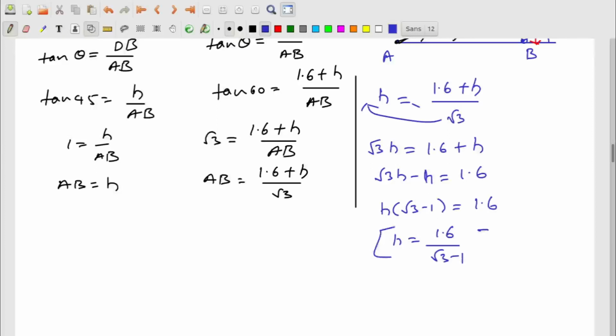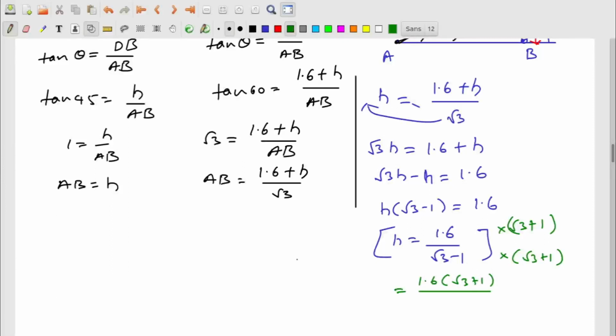So this can be your final answer, but if you want to rationalize the denominator, just multiply numerator and denominator by root 3 minus 1. You know this, it is learnt in class 9th. So when you multiply, you will get 1.6 into root 3 minus 1 in the numerator. Do you remember the identity? We need to multiply with the conjugate, so you need to take plus here. Yes or no? Root 3 plus 1, root 3 plus 1.